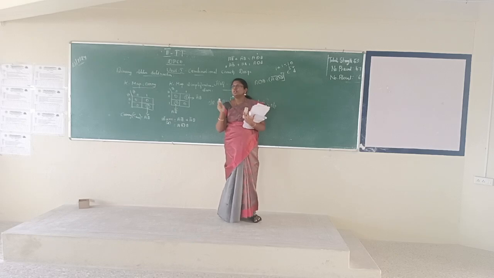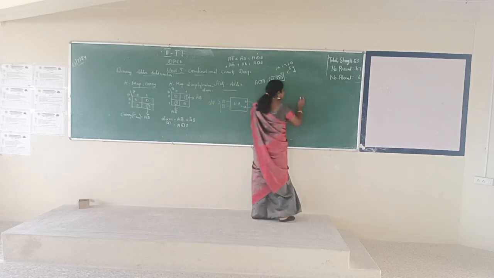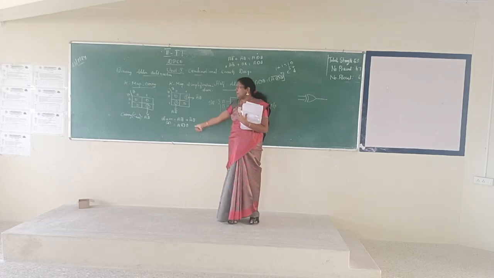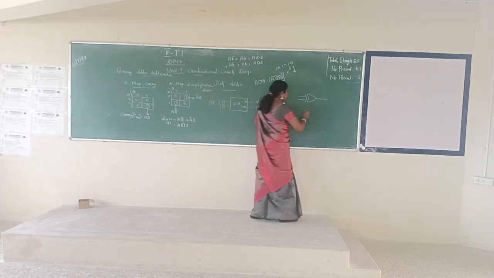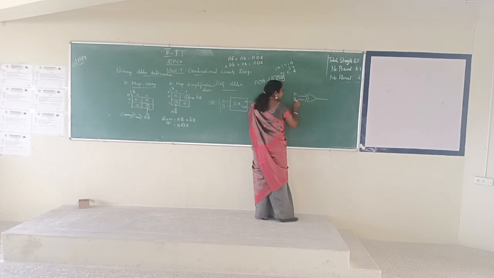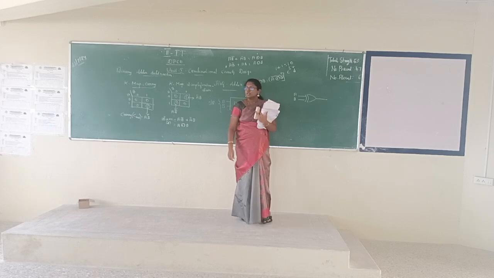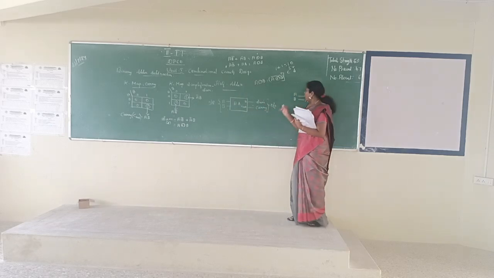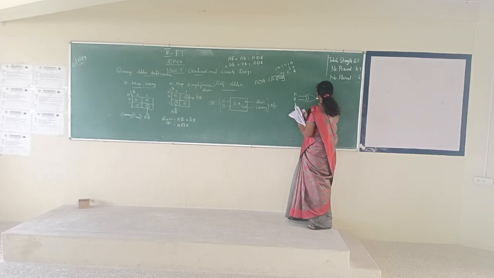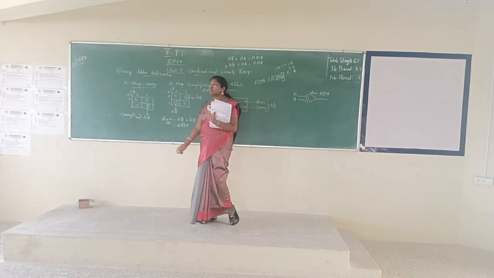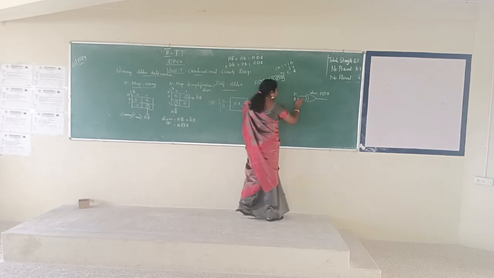First we are going to draw the logic diagram for sum. What is the expression for sum? A XOR B. So the inputs will be A and B. What is the output of this? A XOR B. That is sum. Then what is carry? A AND B. So we have to take a line from